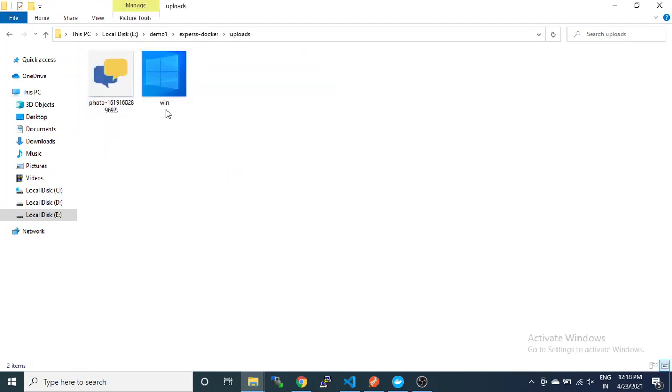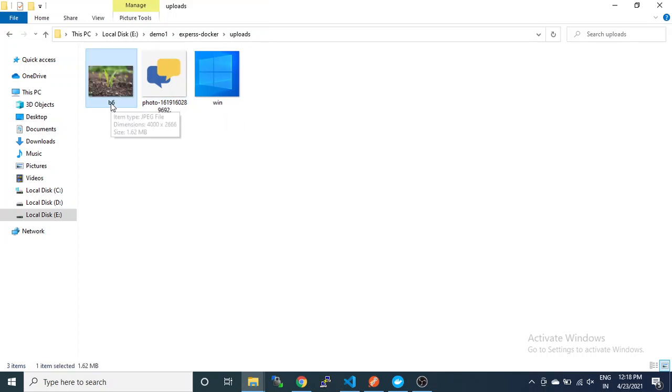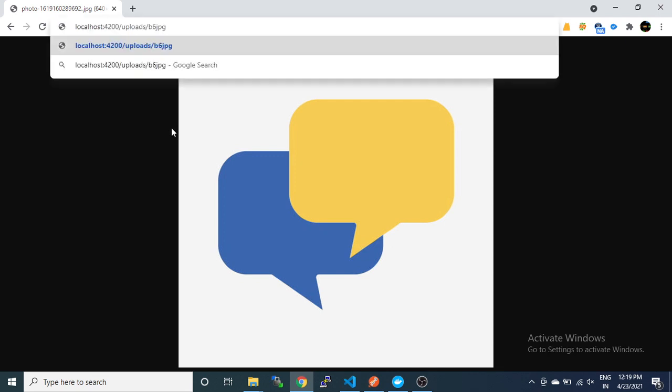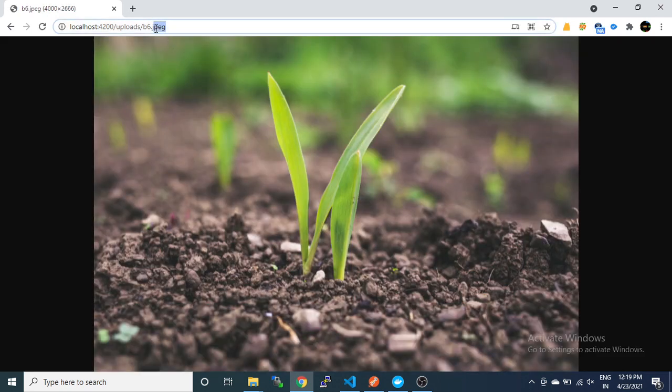So in this folder we have these two already, and we will put this third one, b6 jpg. So this is outside the container, and we will have to get it from the API. So b6 jpg. So it is not coming. So it was jpeg.